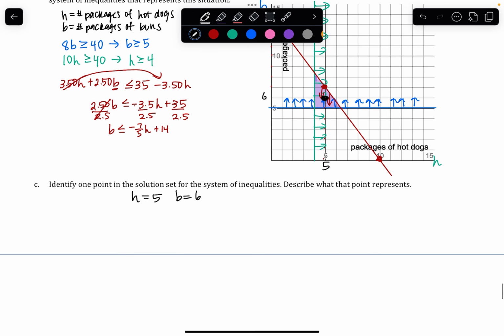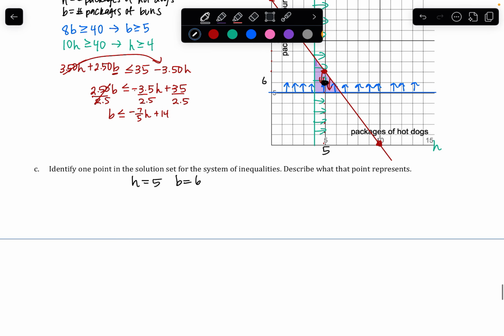It's kind of like your X and your Y. And so to interpret this, remember 5 is the number of packages of hot dogs, or H is the number. So 5 packages of hot dogs. And then B is 6, so that's 6 packages of buns